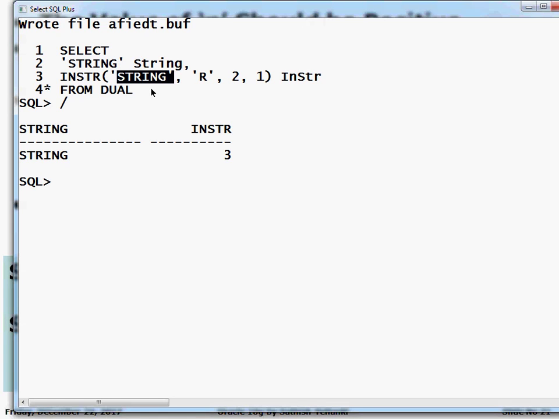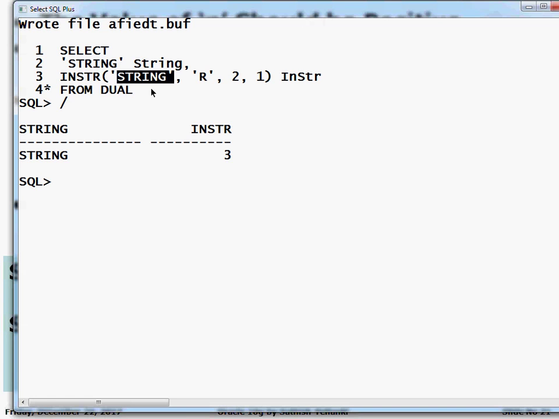So why is it working like this? It is one algorithm, man. INSTR is one algorithm, and Oracle is just representing that. So the universal rule of the algorithm is this: whenever INSTR is working, it gives a value from where? From the start of the string, not from the position from where you are searching. Try to keep that very clear. Search starts from the position, but when the INSTR value is given, it is given from the original location of